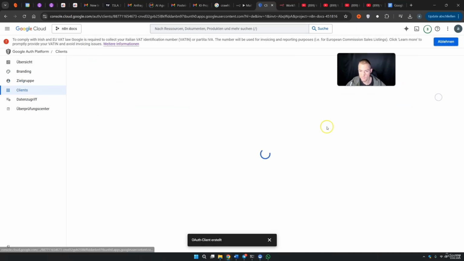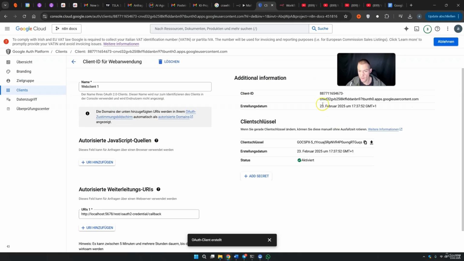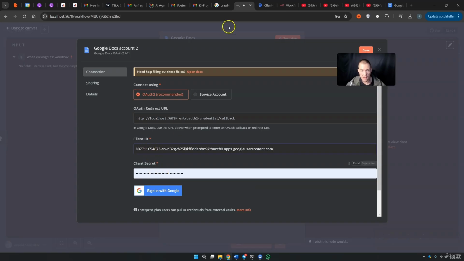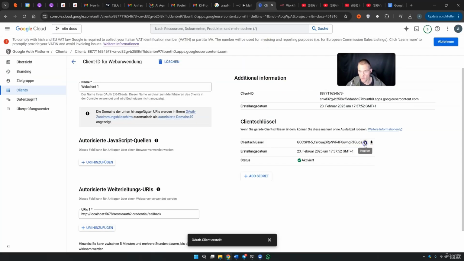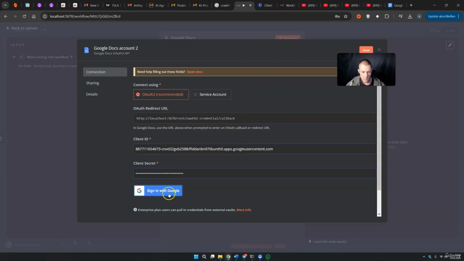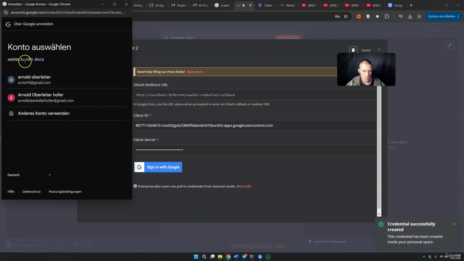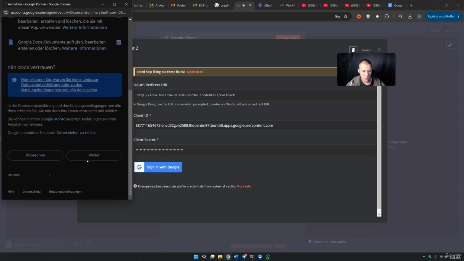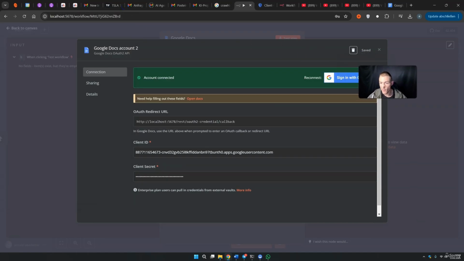Lastly, we press on clients once again. We press here, and of course, we get our API key and the client ID. So we copy the client ID, throw it into n8n, and then the client secret or the API key, however you want to call this, and we throw it down here. Connect with Google or sign in with Google. We use our Google account, we go on, accept all, we go on, and green once again,